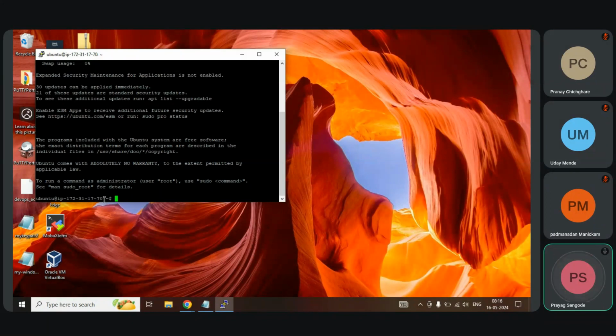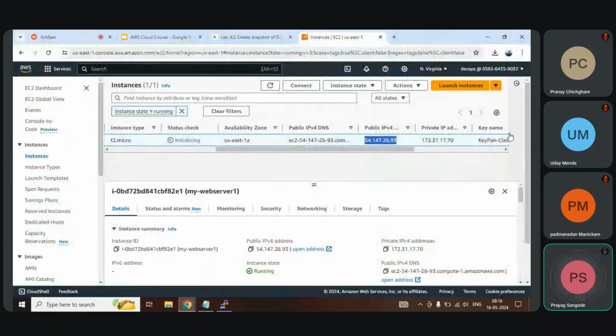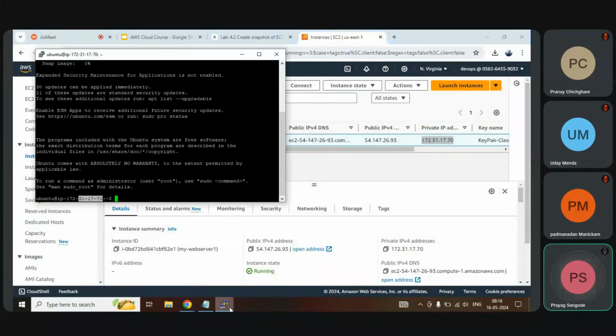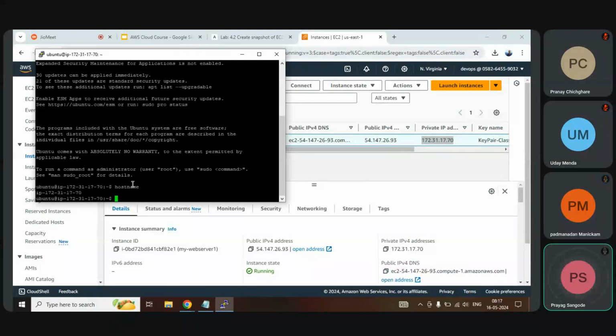What is the IP? 17.70. So it will take this naming convention, because even when we use the public images, it uses the same naming convention. We have to go inside and change the host name. Yeah, this is a cloud native nature, right? Yes. So normally in Windows we do